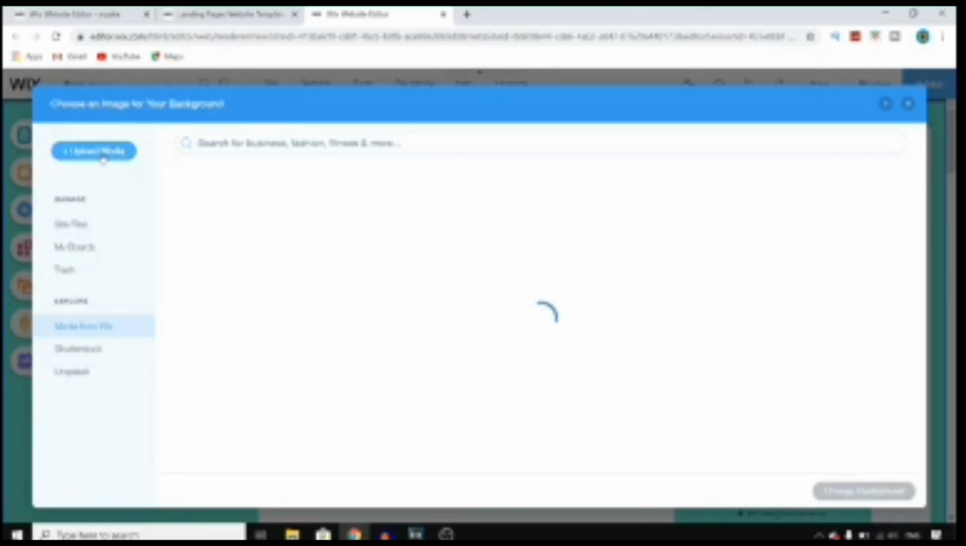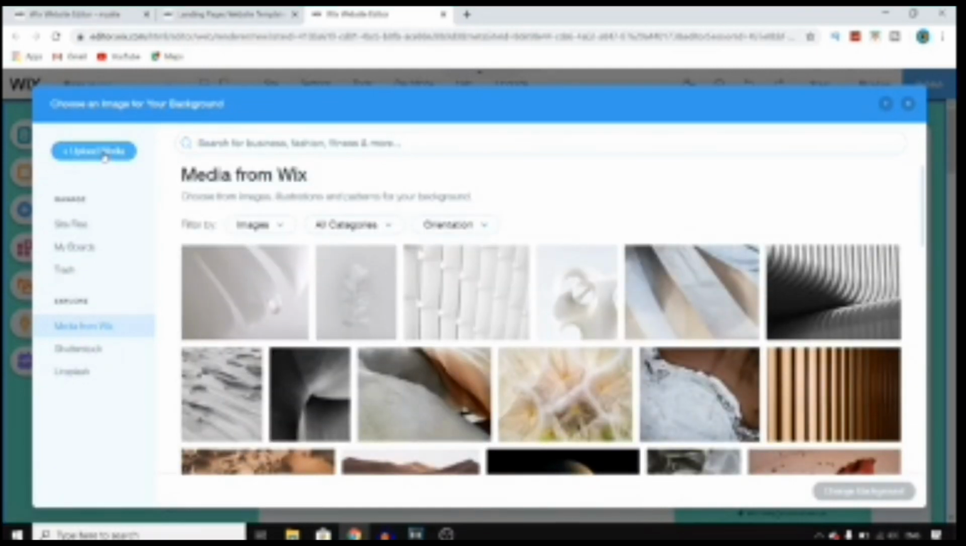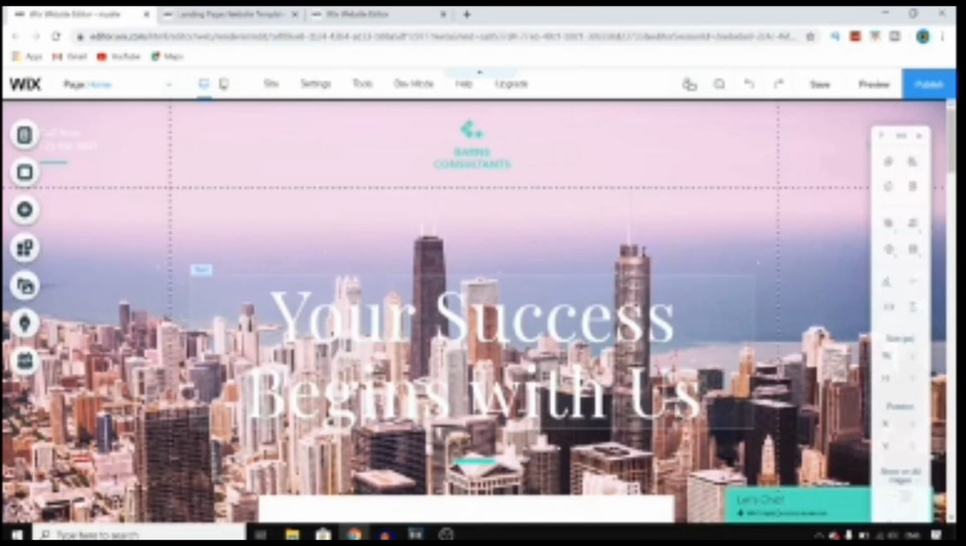If you want to add any picture as your background, you have to go to your Wix library, and once you are there, from here you have to select any image that you want to set as your background image. Once you have successfully selected the background of your landing page, now here you have to make changes on